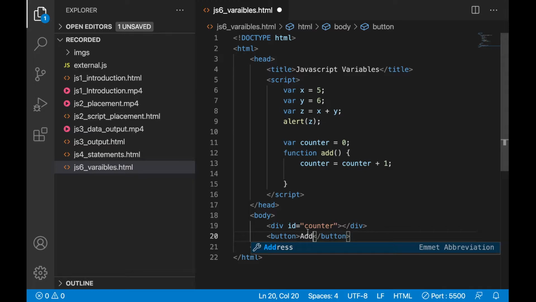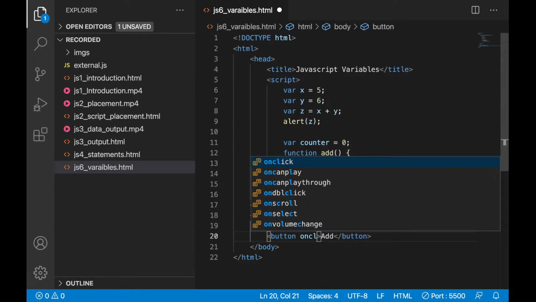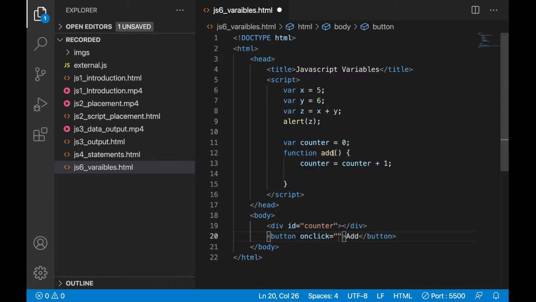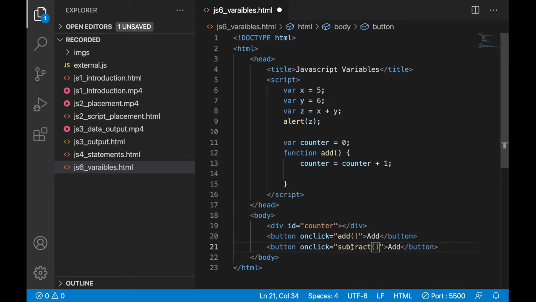Okay, so here let's add onclick. Onclick equal to, let's call this one add method. Okay, let's create one more button for subtract.